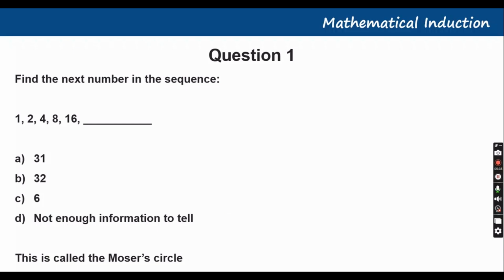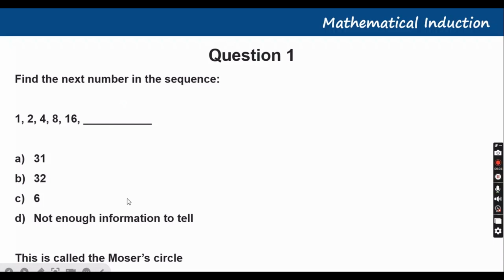So that's where I gave this question, right? If you remember this question, we said what is the next number in the sequence? If you remember, you said what? You said 32, and I said there's another answer, right? Yes. What other answer? 31. And where I got 31 was from